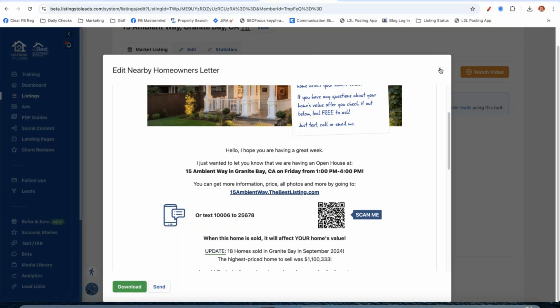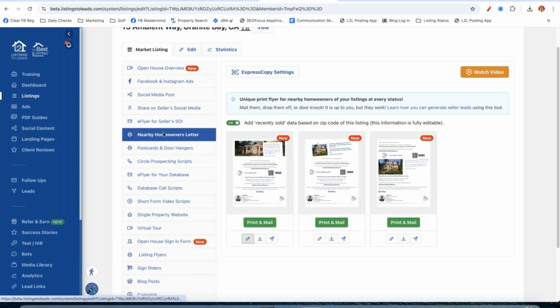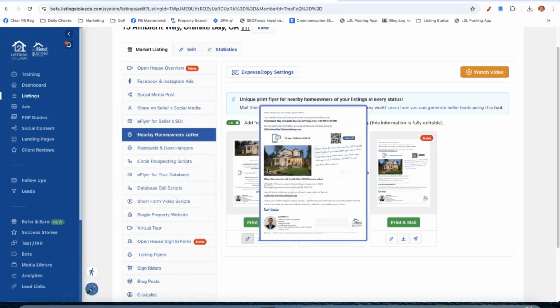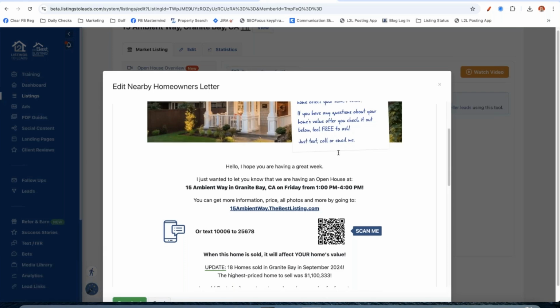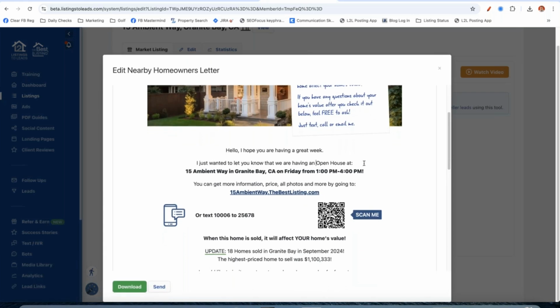And let me just show you one more time. So we're on nearby homeowner letter. There's 3 different versions. And one of them says edit right here underneath. So I'm going to click edit. And he would say, he would click inside the letter, a catered open house. In fact, he would go,